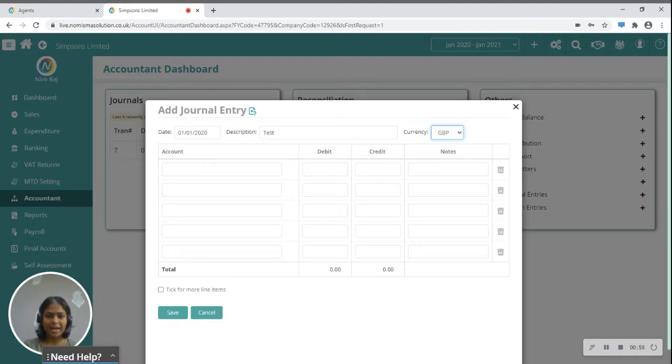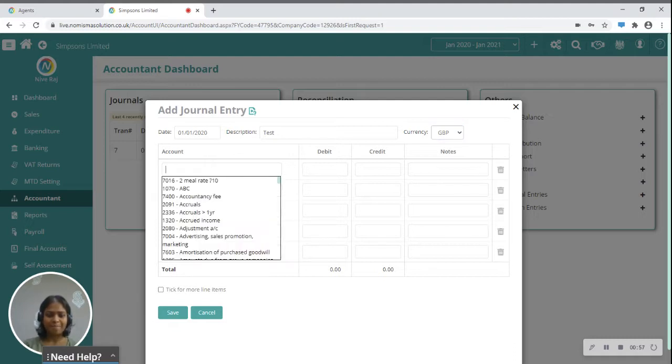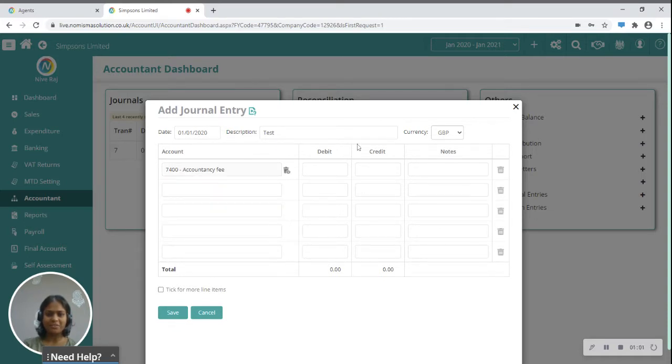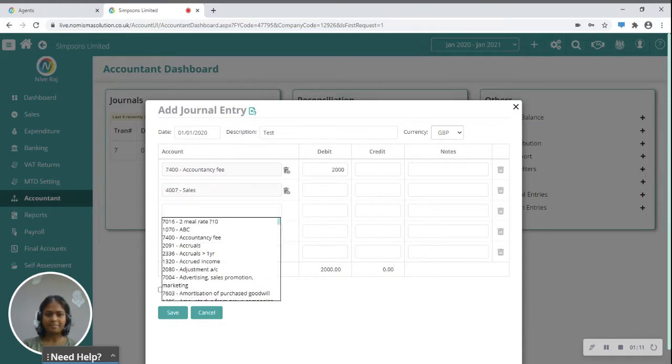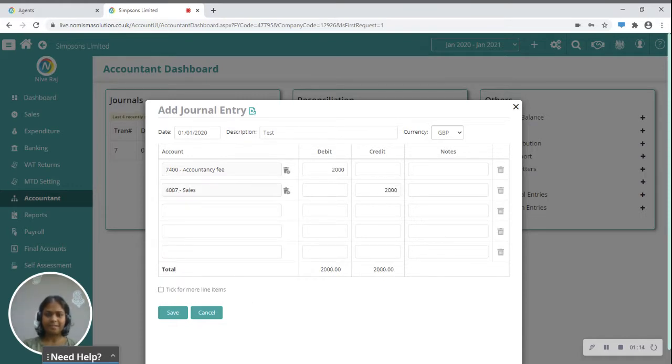So let's just go ahead. So let's start. So I'm just going to post an accountancy fees. And then let's post sales. And then you can go ahead and